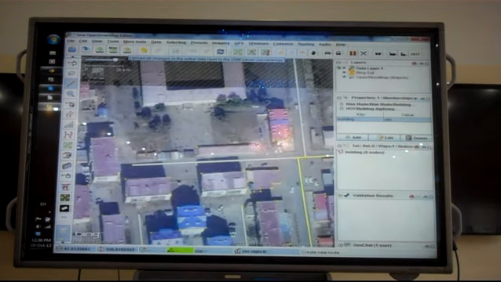If ever, before uploading, I create a building